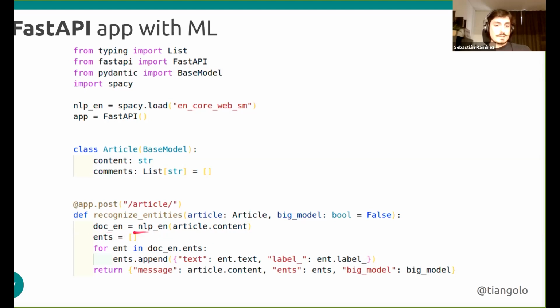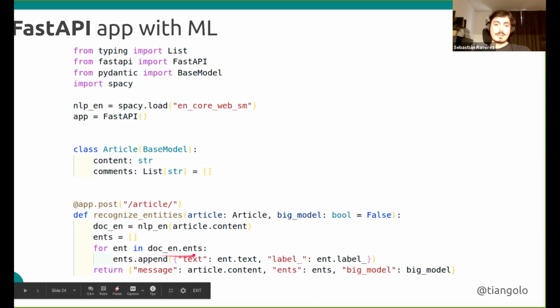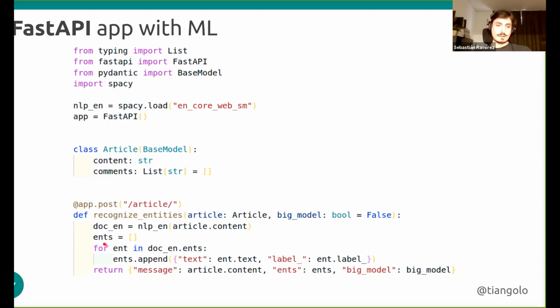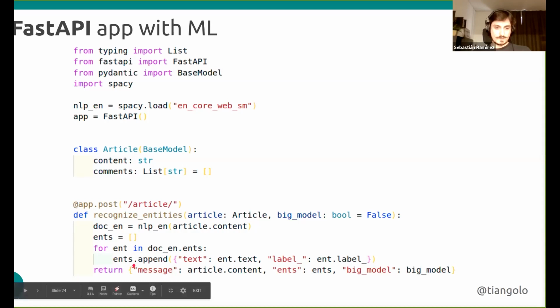Now here we are using the model that we loaded before. This model is from here, and we are using it here to read the content of the article. So we declare that this article has a text content. This is string content from here. We are just passing it through the machine learning model. We get the document object, and we are iterating for each one of the entities detected in this document object. What we are doing here is not that magical. We are just adding the entities to a big list. So for each one of the entities, we are adding the text of the entity and the label of the entity, and we are just returning it.